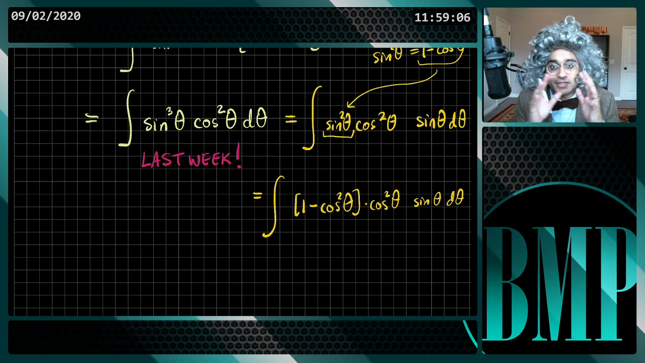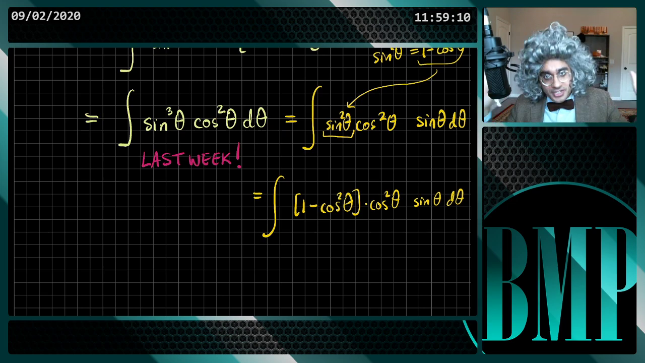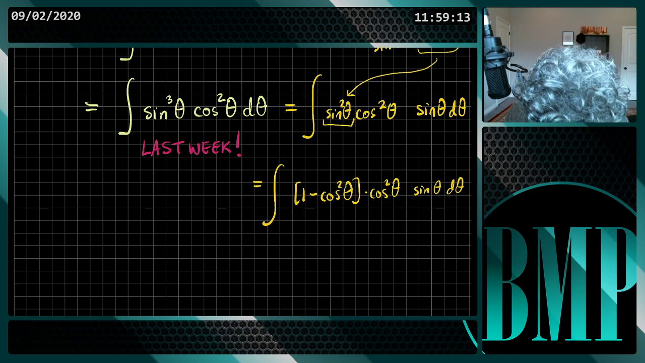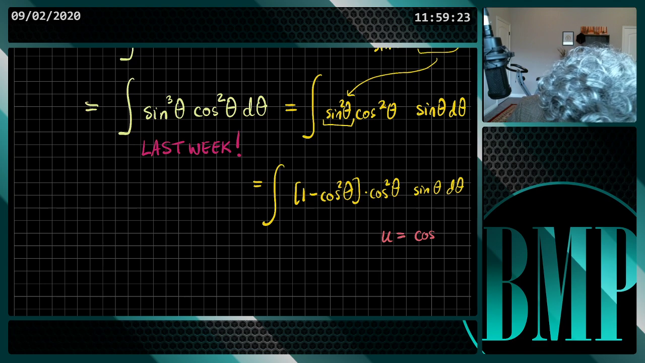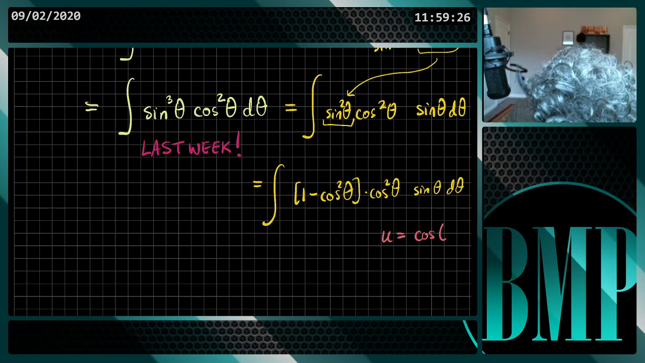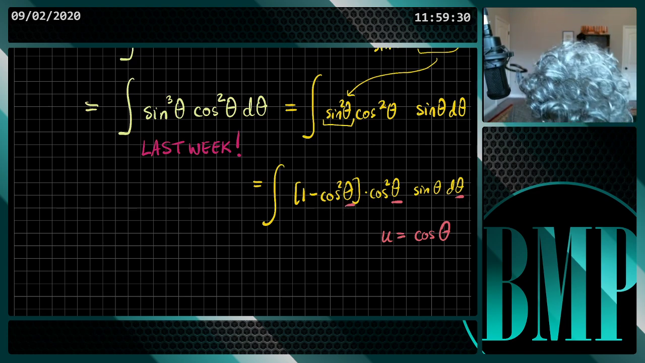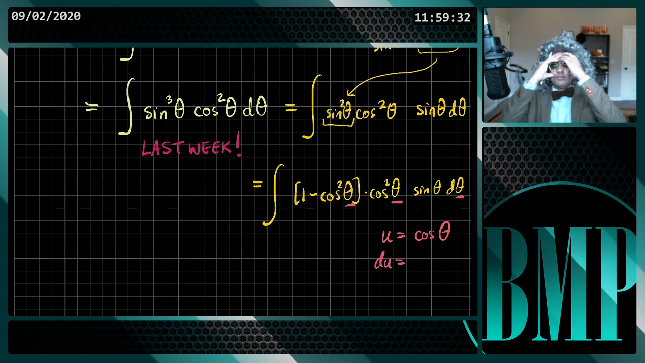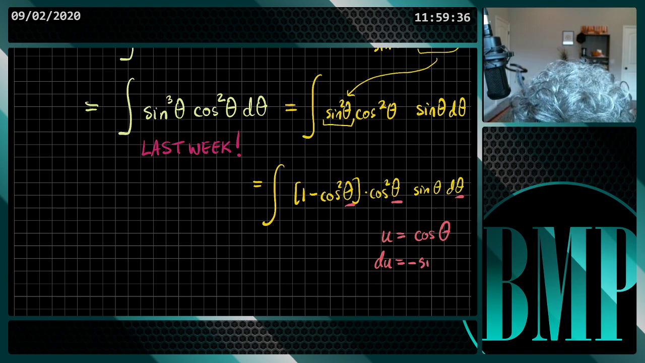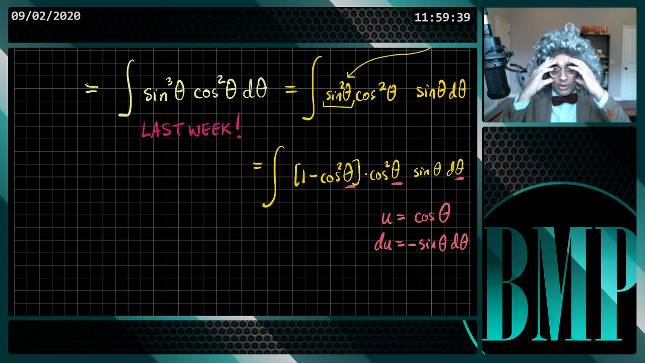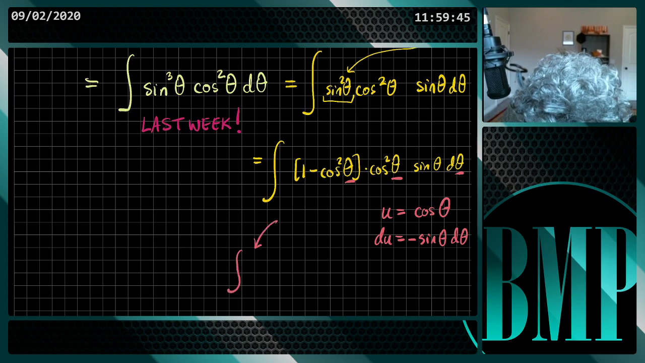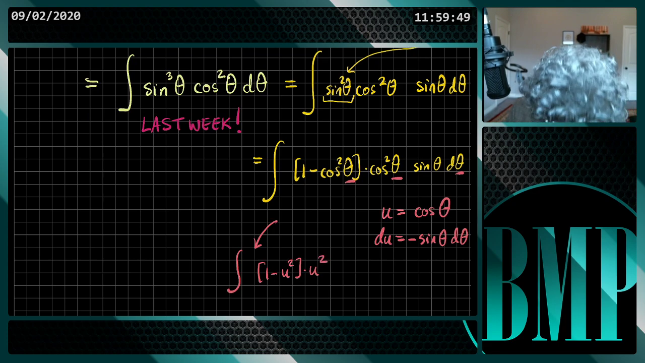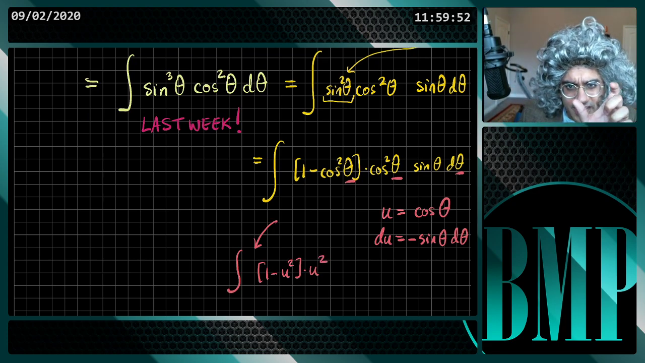All right. The point is, the end game here is substitution, ordinary substitution. So this is u equals cosine theta. I'm in theta world. du equals negative sine theta. Wow. Just a typical everyday substitution. 1 minus u squared times u squared, sine theta d theta